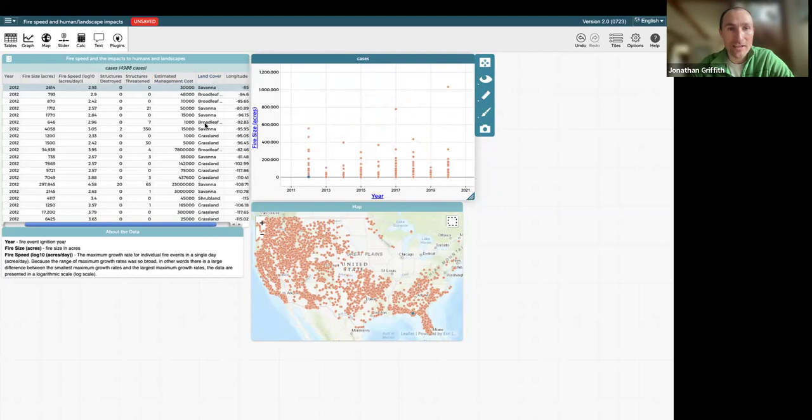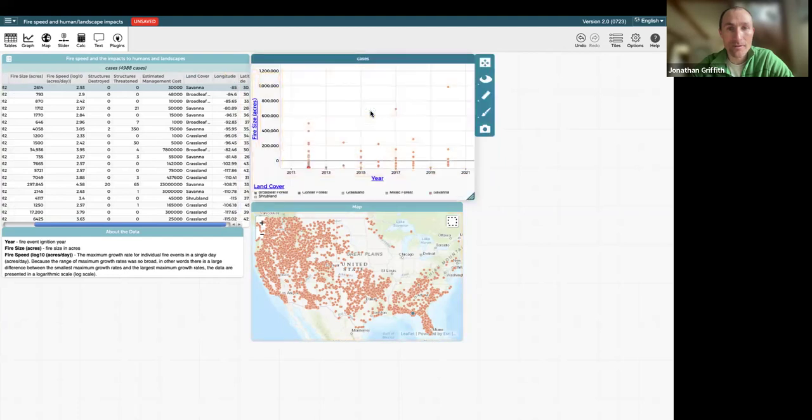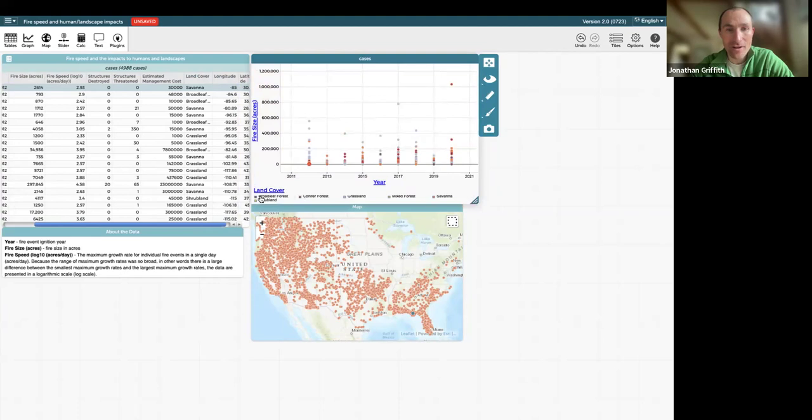If I pull the land cover variable over, this is a categorical variable. You can see they show up in different colors on the graph. These colors are showing up a little small at the bottom. You can see the fire size by year and these different land cover types. One of the things that's particularly interesting about this, I'm going to pull fire speed over and replace it on the x-axis here. We can see fire speed and fire size in that relationship. The faster the fire, the larger they tend to be, and we can see how they show up in these different